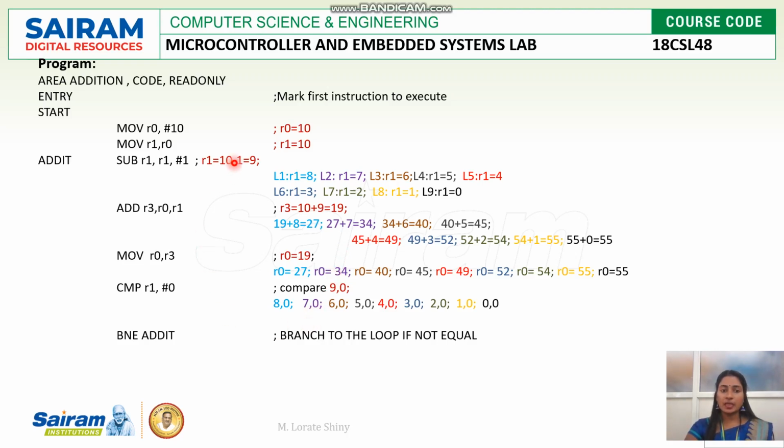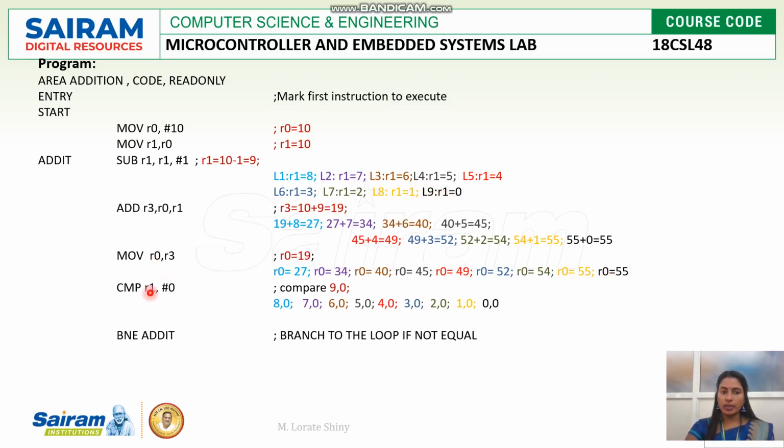So till R1 becomes 0, we will repeat the loop. At the last time we will have 55 in the R0 register. This is the final result, 55 decimal value. The 55 decimal value will be available in the R0 register. Okay. Now